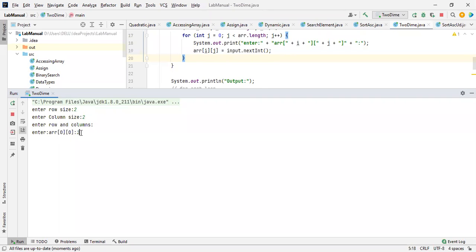I'm going to give a one value over there. Next, see, the loop is continuing till the size. Okay, 2 by 2. It goes 4 times based on the length of it. So now I'm going to give a 2. This is a row 0 and a column 0. A row 0 and a column 1. And I'm going to enter. And this is a column 1. This is the next column. Okay. 3 and then 4. See this, the output.